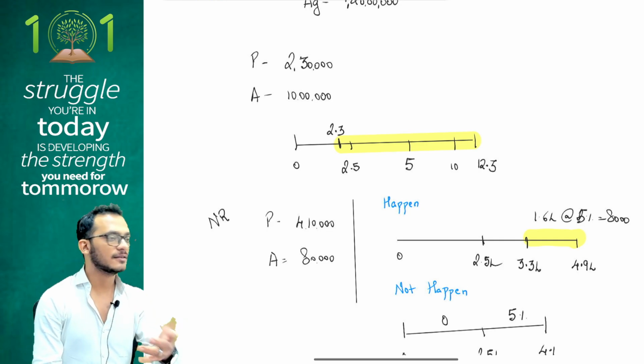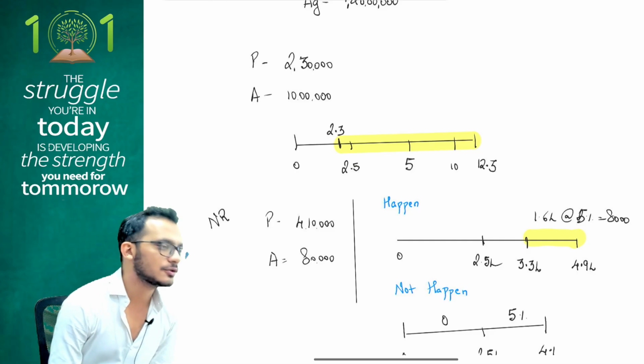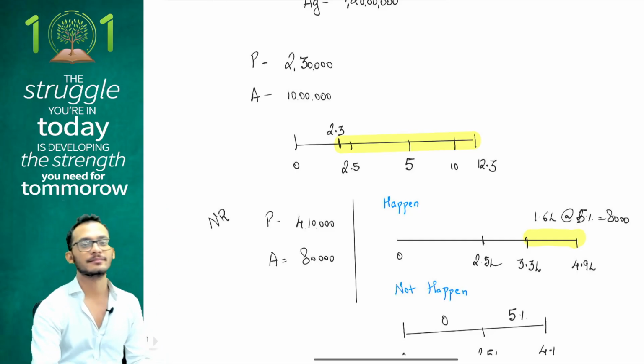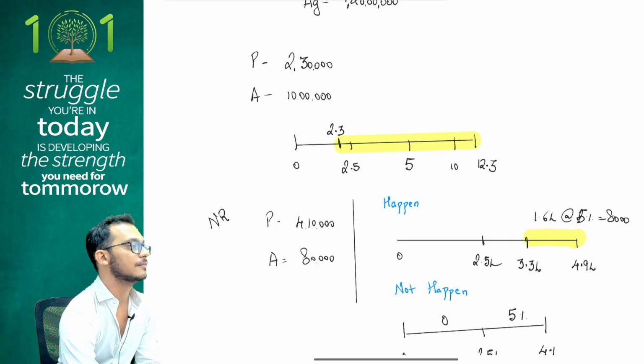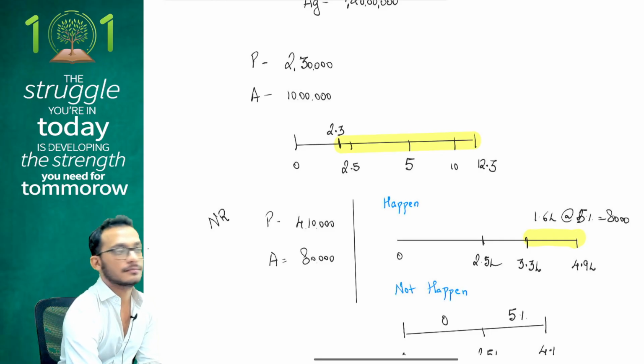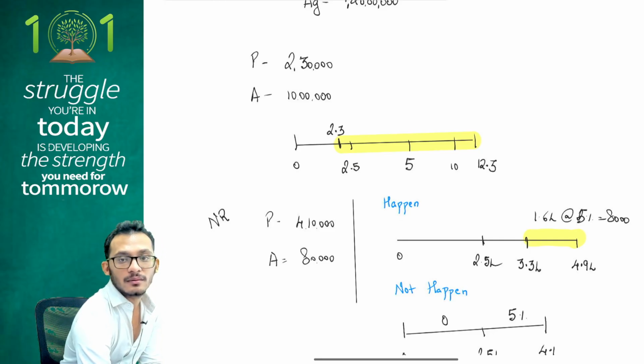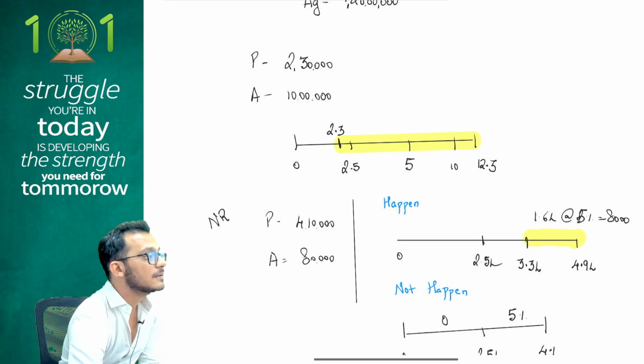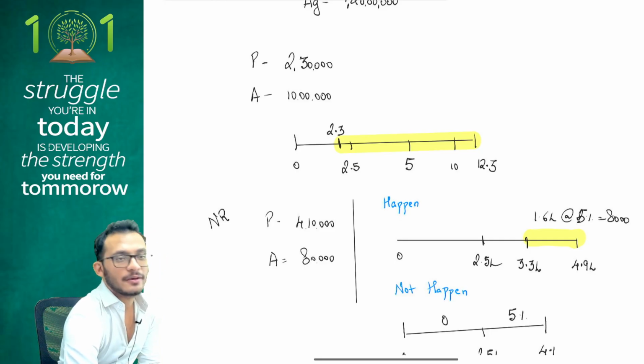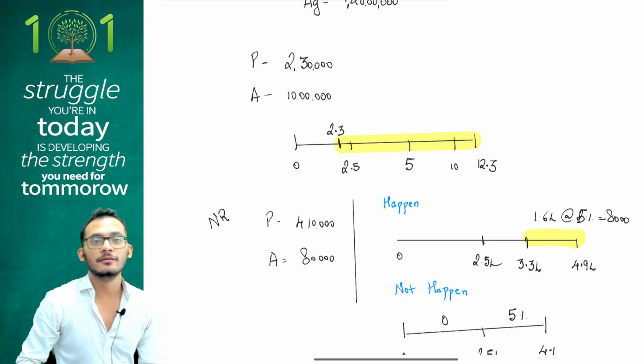Now because I'm a firm, there is no basic exemption limit. Question: should I do partial integration? As a firm, should I do partial integration? Not do partial integration? Why? So what? Meaning? Impact? Why? Very good. People understand when there is no slab given to you, when everything is at a flat